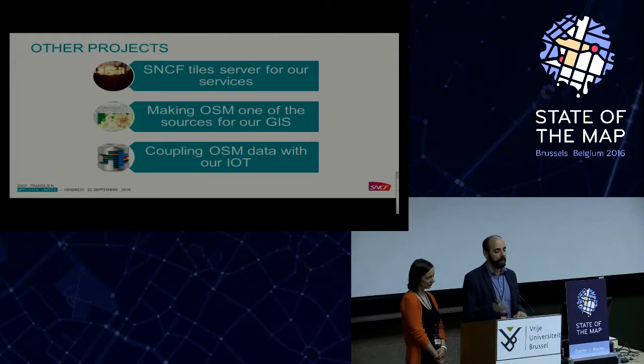But right now, it is inside for a very specific application. When a service has to map something, a lot of the time you use OpenStreetMap, at least the tiles and maybe not the real data, just as a map. But there are a lot of maps, and people are using the official tiles a lot. And we think it will be better for the SNCF to create its own tile server to release some pressure from the community. And so we're working on it, and it's live, but